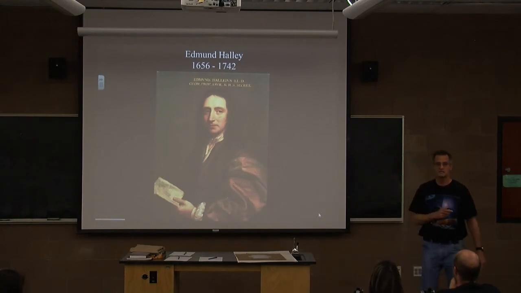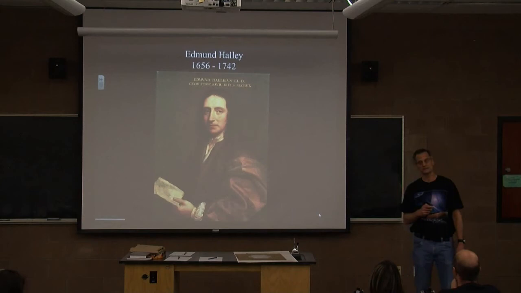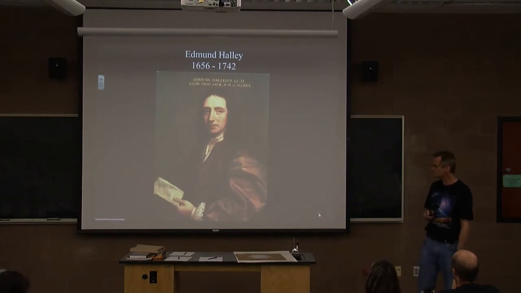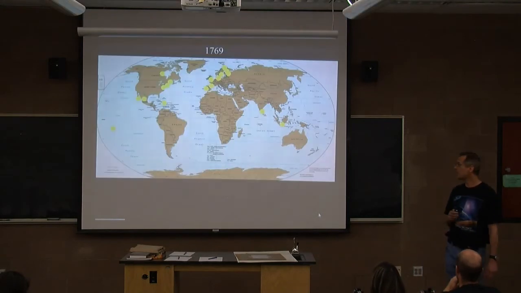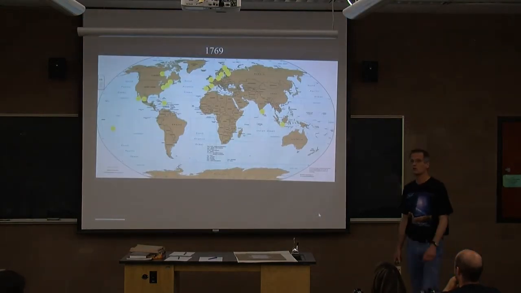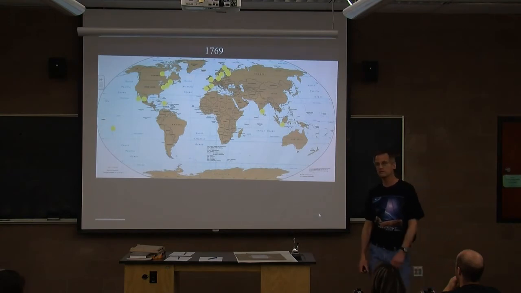Unfortunately, in 1761, England and France were at war. And so some of the main European countries really couldn't commit the resources they needed to make successful expeditions around the world. So the observations were not very good. Lots of them just didn't work out too well. 1769, on the other hand, lots of countries put in a lot of money to send expeditions all around the world to make observations of the Venus transit of 1769.